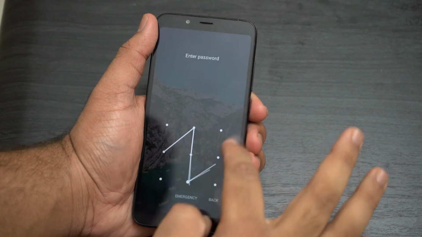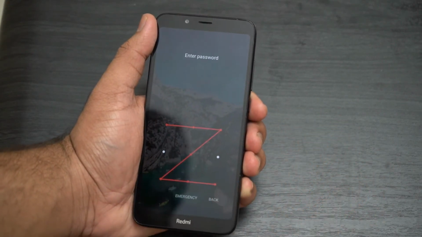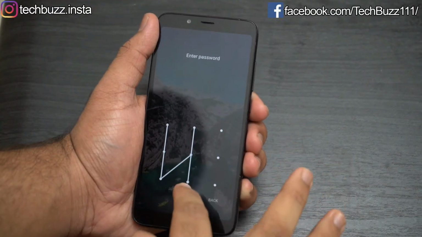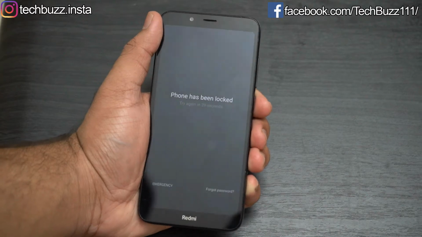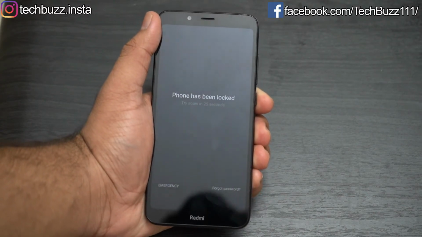Many of you must have faced this issue once in a lifetime that you forgot the password of your Android phone and got locked out and don't have any option to unlock your phone. It may be due to many reasons, but it's really a frustrating situation. In this video, I will show you how to unlock your Android phone using your PC in just 5 minutes.